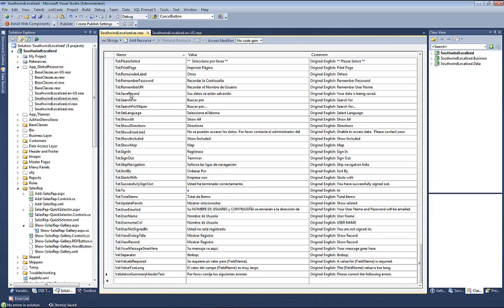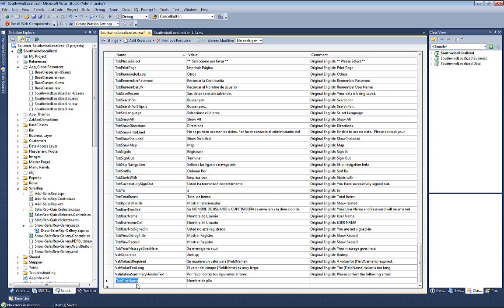The way we do this, under the App Global Resources section, is we want to modify the .en-us.resx resource file, and we want to modify the .es.resx resource file. The en file is for English, and the .es file is for Spanish. So let's go in and add a new string, and we'll type in txt:first name in the Spanish file, and that's nombre de pila,